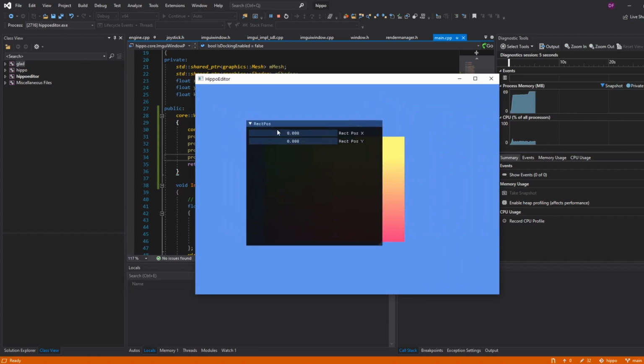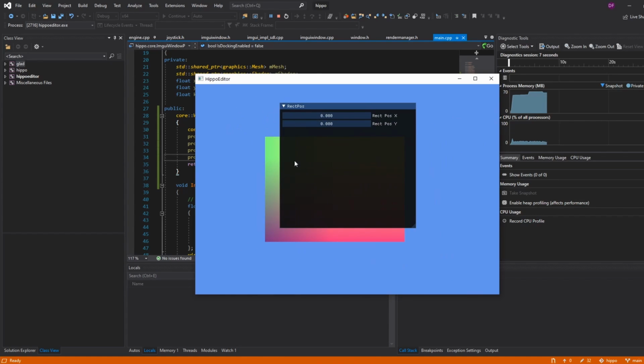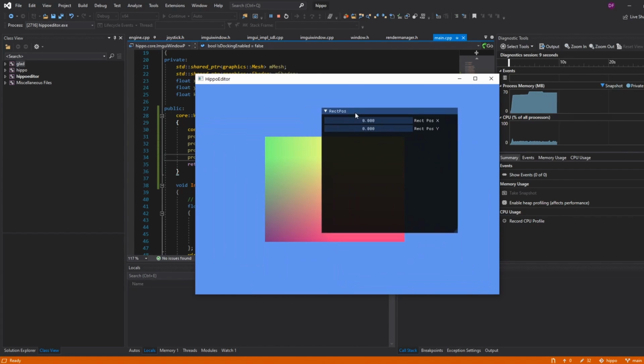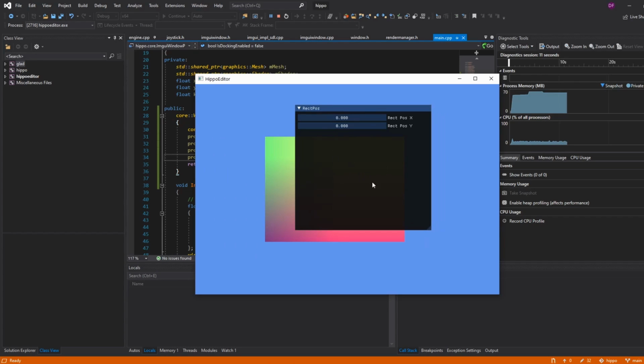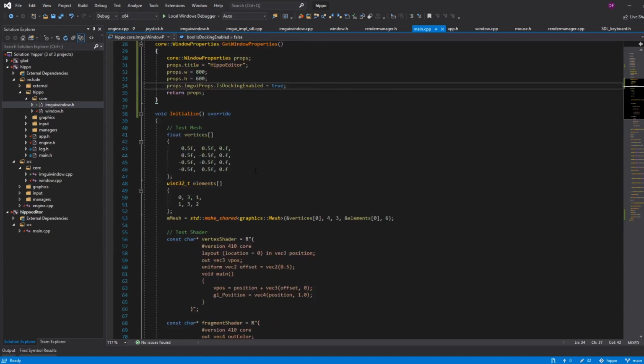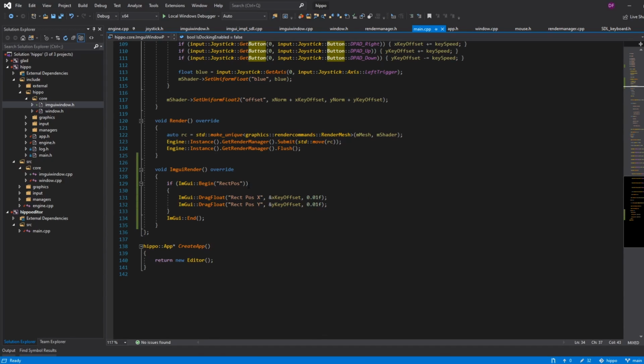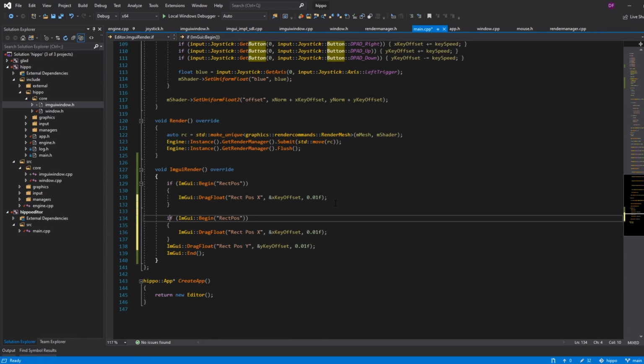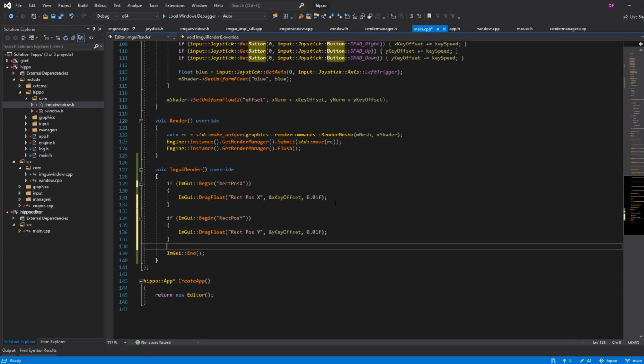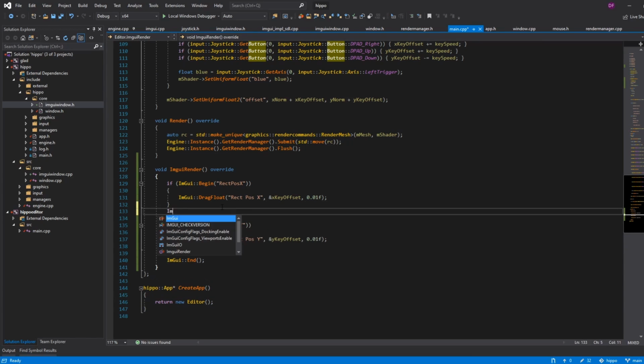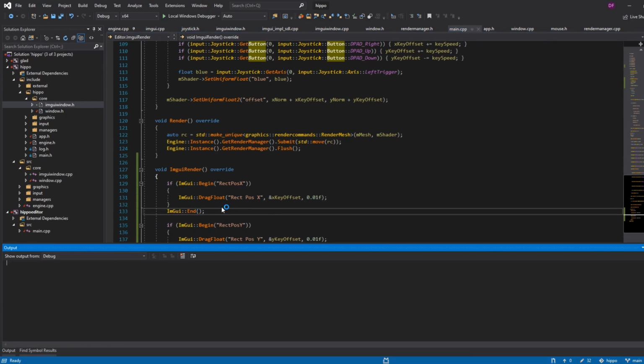And the reason we don't is because there's nothing to dock with, right? You can dock ImGui with itself, so there's no other thing here to dock this rect pause into. So if I now change this, and let's make these two separate windows, rect pos X and rect pos Y. And yeah, I did forget to call ImGui end. So if we try that now,